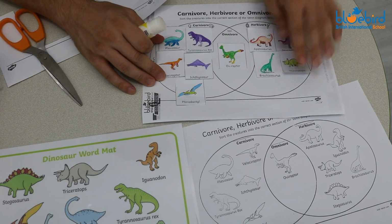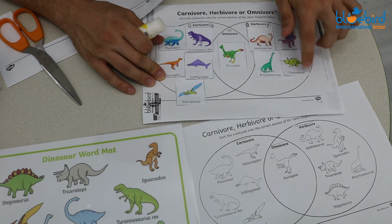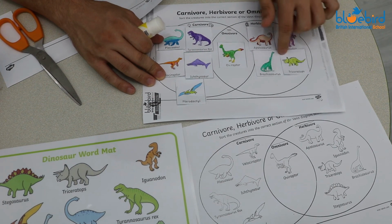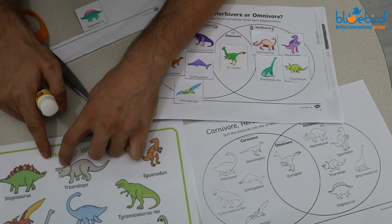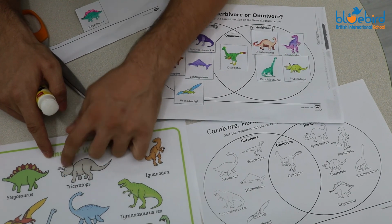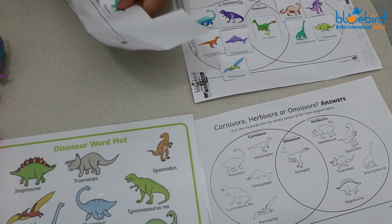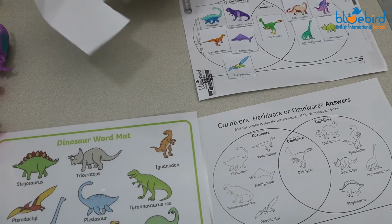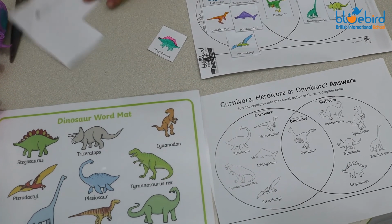But he is an herbivore, so we'll put it over here with the plant eaters, the triceratops. Tri for meaning 3, you can see here has 3 horns. 1, 2, 3. Tri for 3 horns. Yeah! And the last one, if you remember our big toy that we have, that the teachers made for me,